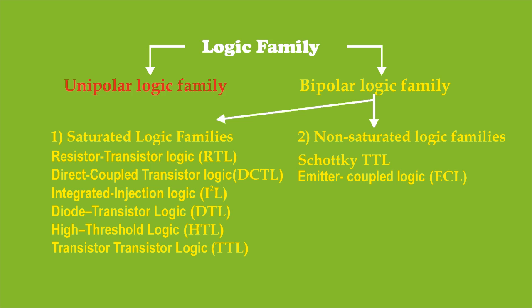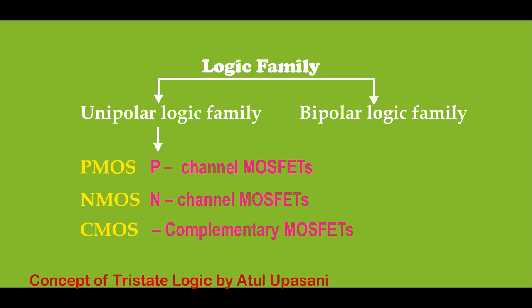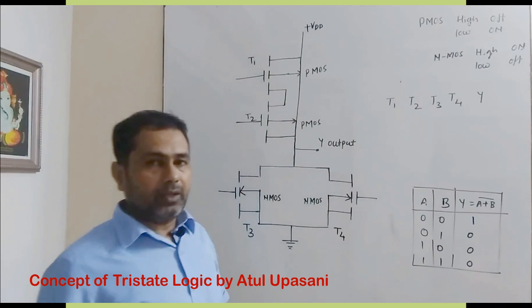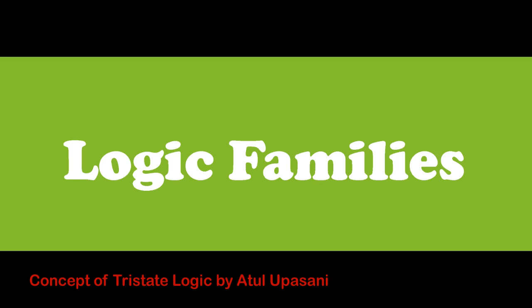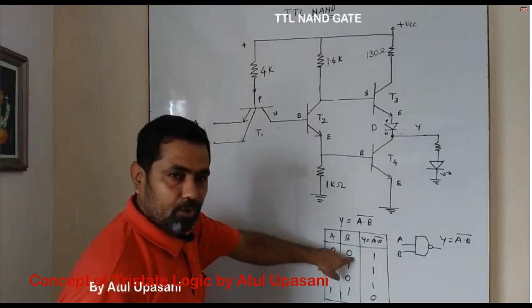In the logic families, we have already discussed the TTL logic family and CMOS logic family. These two families are included in our syllabus, so that is why we have discussed the TTL logic family and CMOS logic family only. In CMOS logic family, we have seen how CMOS gates or CMOS devices are used to construct the logic gates. We have seen NOT gate, NOR gate and NAND gate using CMOS. Similarly, in the TTL logic family, we have seen NOT gate, NOR gate and NAND gate.